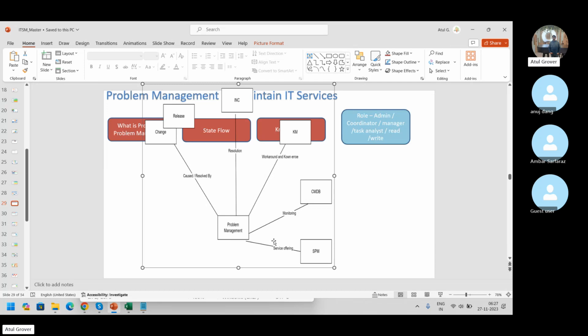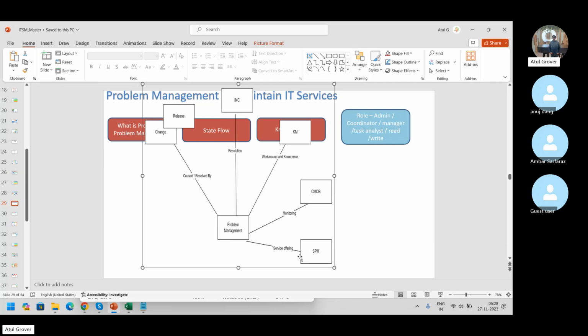Like if you see any electrician or mechanic, they mention they're expert in, say, Royal Enfield servicing. We're expert in these types of fittings, we're expert in these kinds of things. It means they're building their portfolio on top of that. So we can say problem management has an impact or connection with all these things. But